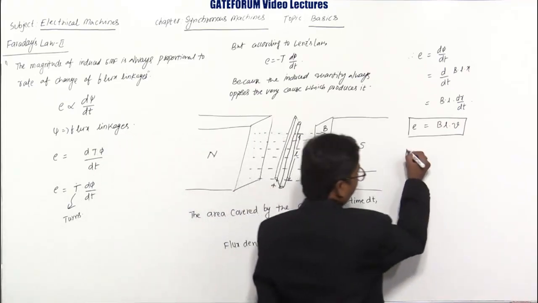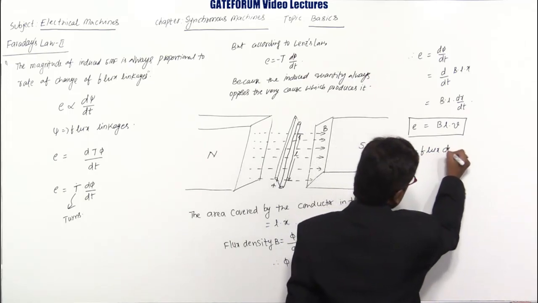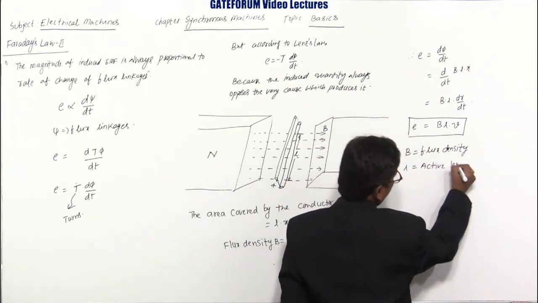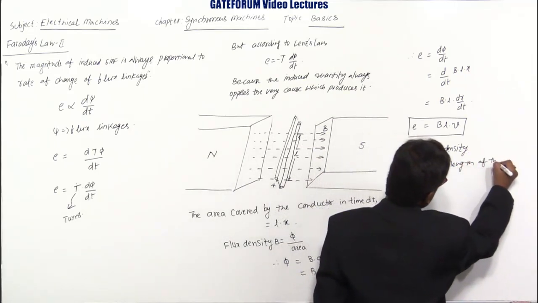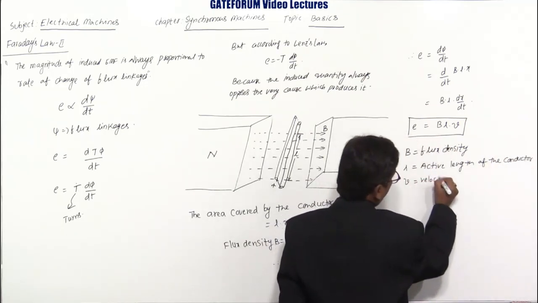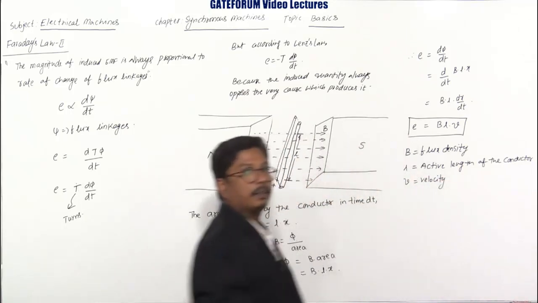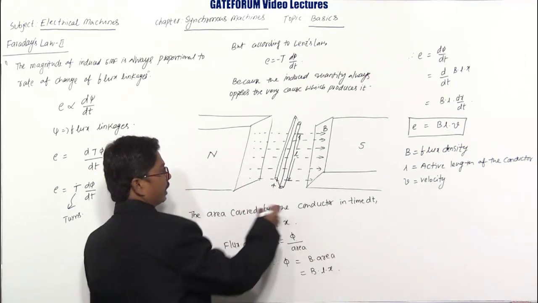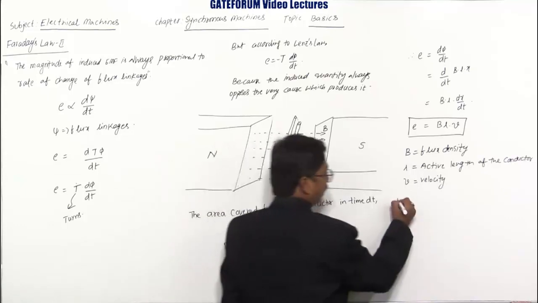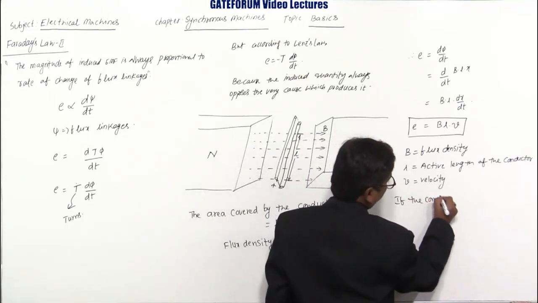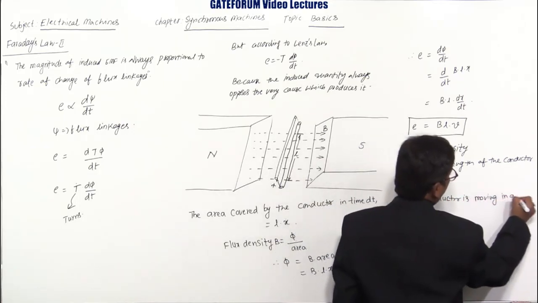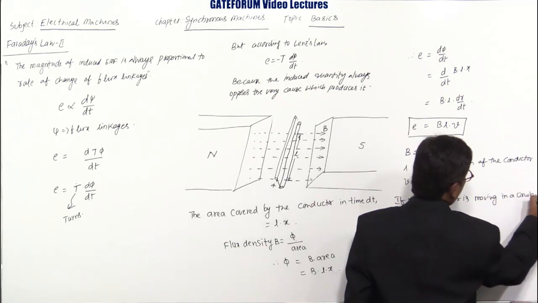Where B is flux density, L is the active length of the conductor, and V is the velocity. Suppose we are not moving the conductor in the vertically upward and downward direction, suppose we are moving the conductor in a rotating motion. So if the conductor is moving in a circular manner,